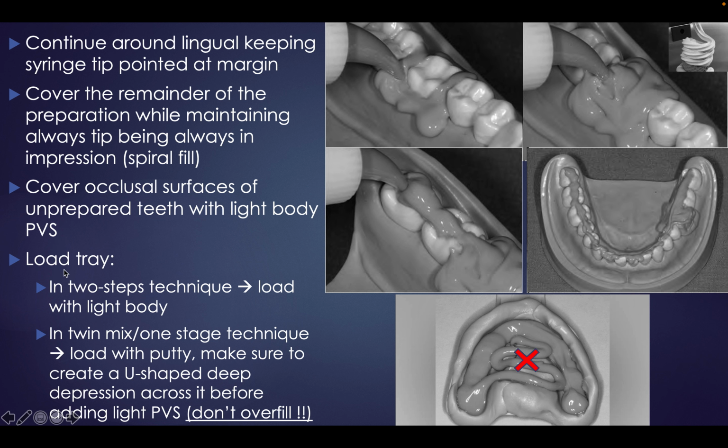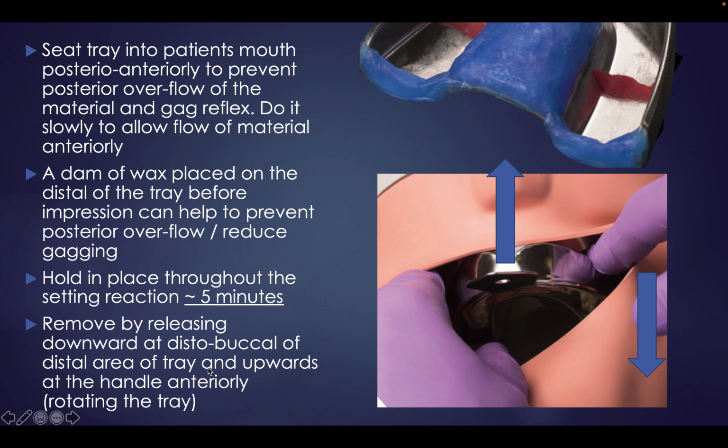Then you load your tray, whichever tray it is, either your putty, if you're doing a one-step technique, or your spaced impression or your special tray. This picture means you do not overfill. If you overfill, so much light body will go to the patient's throat. You just need to make one line of light body, a U shape, and that's it. Don't overfill. To avoid overflow backward, you can dam by using some wax at the back, at the heel of the